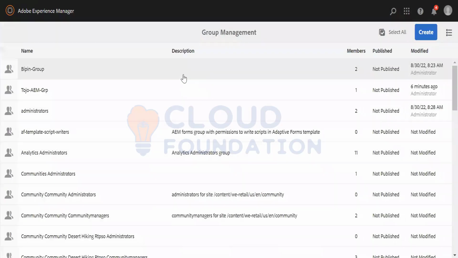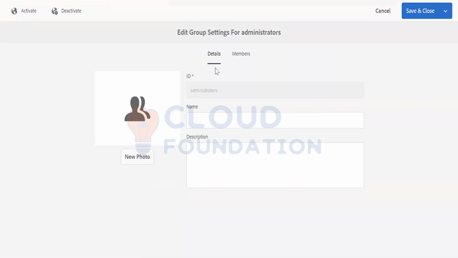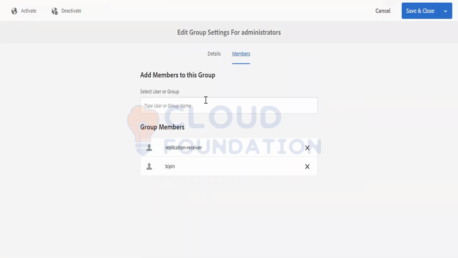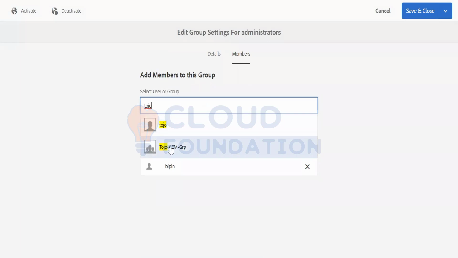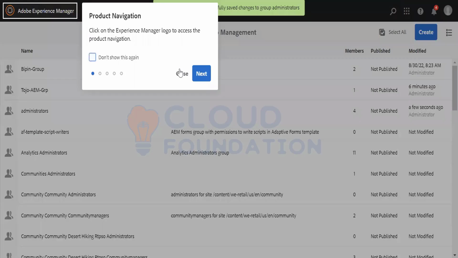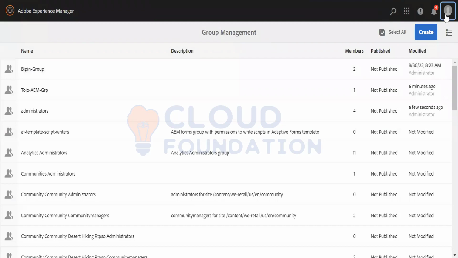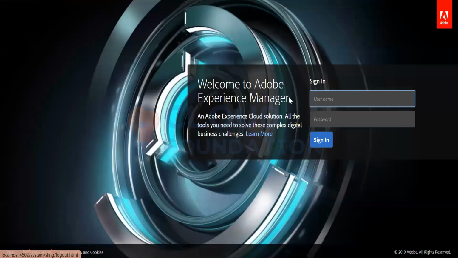See here we have the administrator group. So this is the group. Whosoever belongs to this group will have all the rights. If I go to this group, here I have members, these are the members. Let me add either your user or your group. If I say Tojo, it gives me both options. Even if I add your group over here, all the members who belong to your group will get administrator. So if I now sign out and log in with your user,